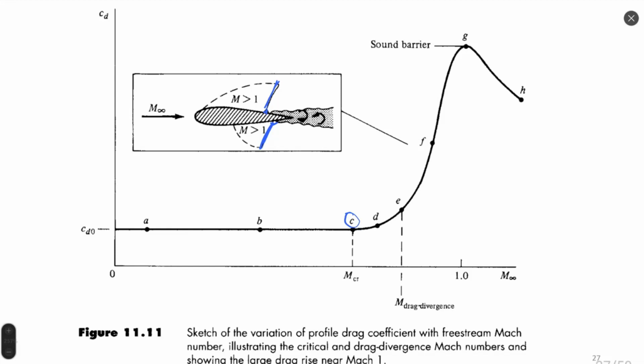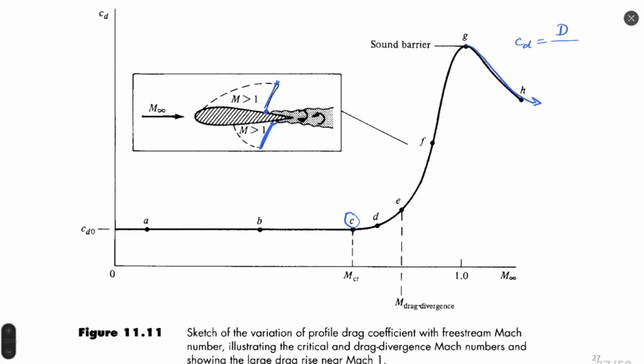Then from point G to point H, we accelerate. The shape of the shock wave is also changing. It detaches and deforms, and because of this, also changes drag and drag coefficient. One important comment here: even though the drag coefficient decreases, goes down, it does not mean that drag is decreasing. It's just the drag coefficient decreasing, right? Because CD is drag divided by